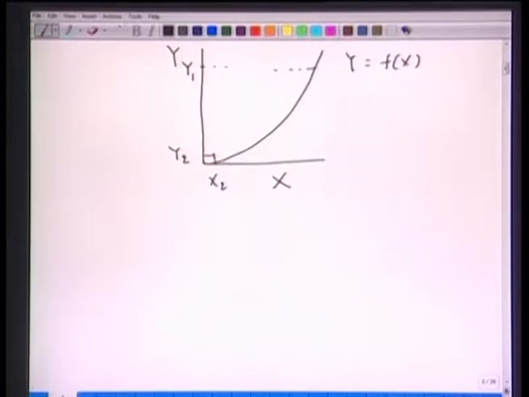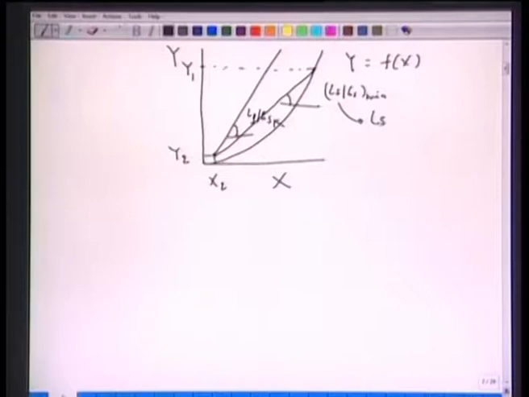and x1 is not known here. If we draw an arbitrary operating line with the slope of Ls by Gs, this will intersect y equal to y1 here. If Gs is fixed and we want to decrease the amount of Ls, then the slope will decrease until it intersects this y equal to f(x) curve, which gives us Ls by Gs minimum, from which we can calculate the amount of solvent required. But let us also try to understand that this is the operating line.